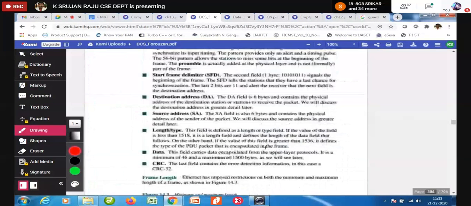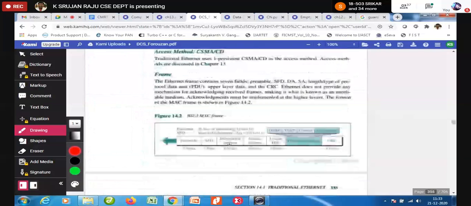The MAC frame is going to have a preamble, SFD, destination address, source address, length, PDU, data and padding, and CRC.